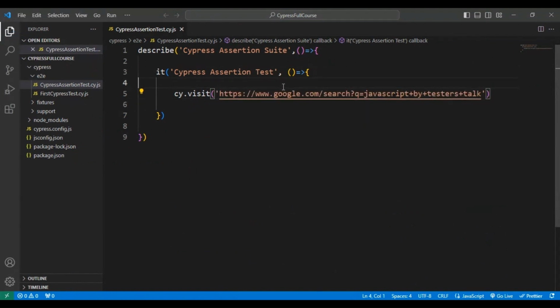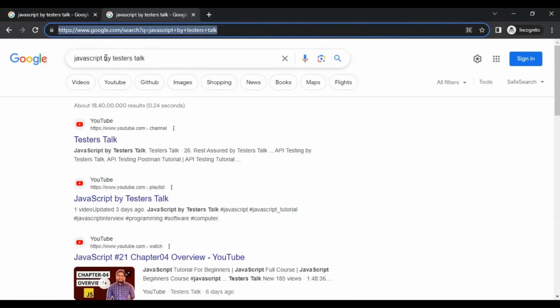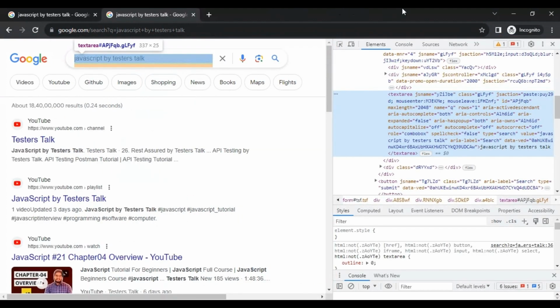So firstly, we are going to this particular web page, and then we have to identify this particular text box where the text message is displayed. So simply I will right click on this and say inspect. If you see here, the tag name is textarea and it has lots of attributes and respective values. Here I'm using one attribute called type is equal to search. By using this attribute, I'm going to identify this particular